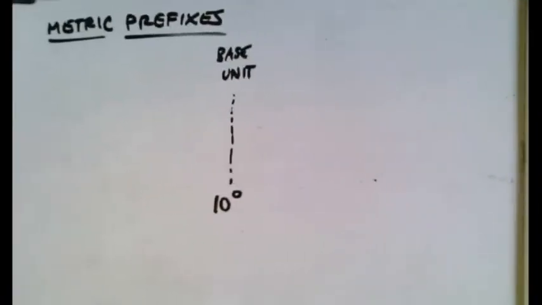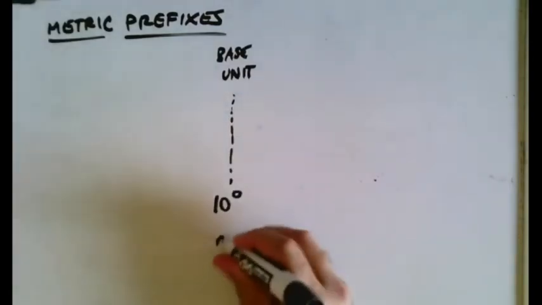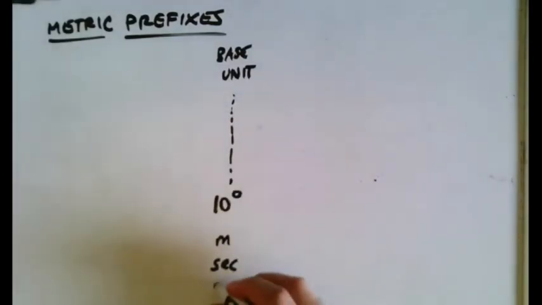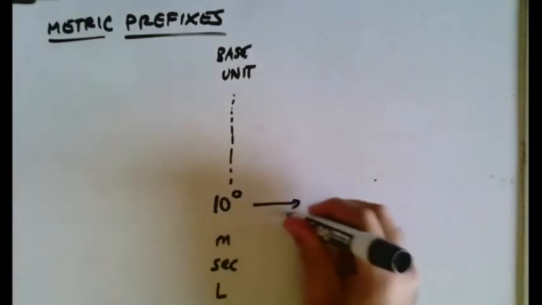Now, I mentioned at the start of the video, the other way we can do this is by incorporating metric prefixes into our tool set. And metric prefixes are a way that we can take an individual base unit, something like, say, a meter, or a second, or a liter, and make it bigger or smaller to suit the size of the thing we're actually measuring. So if I want to make something bigger,